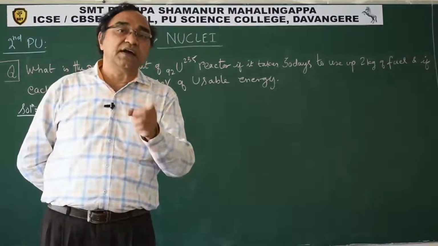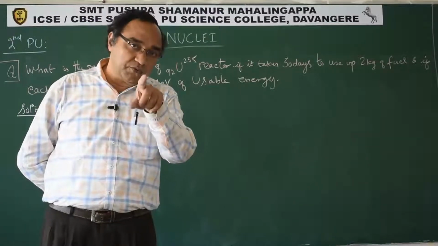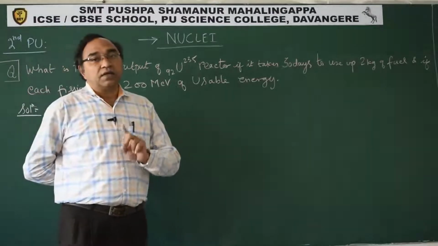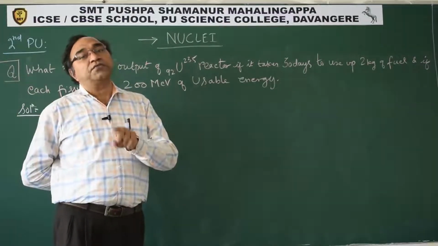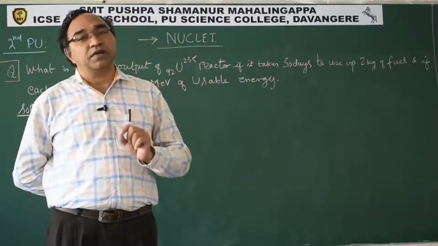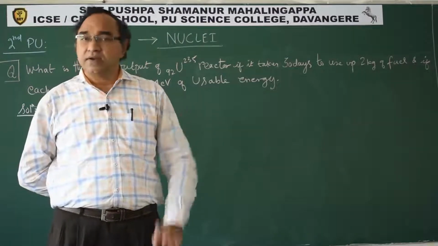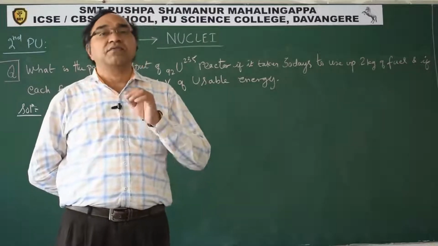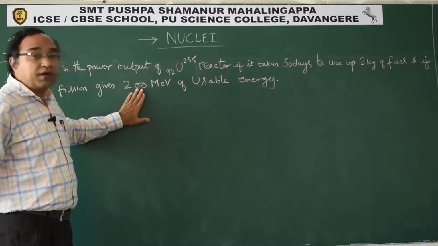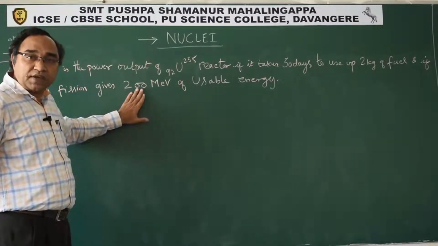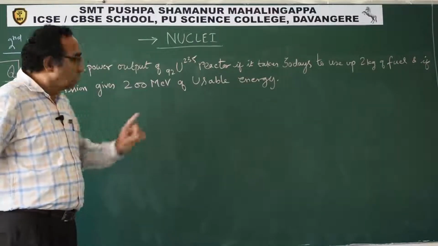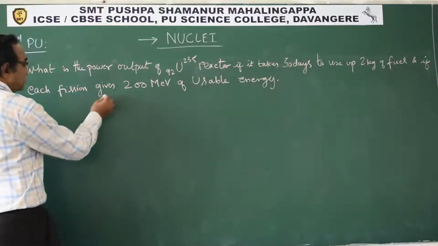The standard data is to be used only when, if you remember the first question which we did, such type of questions where it is not mentioned what is the amount of energy released as a result of fission of each uranium atom, we are supposed to use the standard data. Otherwise, we are supposed to use the data which is given in the question. Suppose instead of 200, if they give 185, we are forced to use 185 as the energy released per fission. Now here we have to use what?